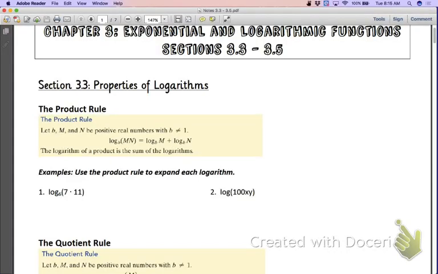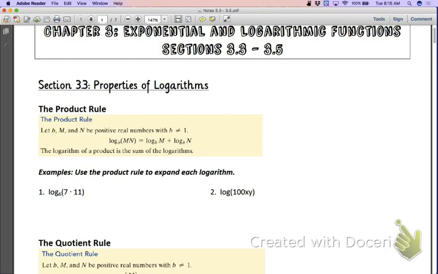All right, 3.3 with properties of logs. Basically, what we're going to do is three things. We're going to expand a logarithm, we're going to condense it, and then we'll do change of base. With any of this, whenever we have a product rule, whenever we expand a log, basically that just means